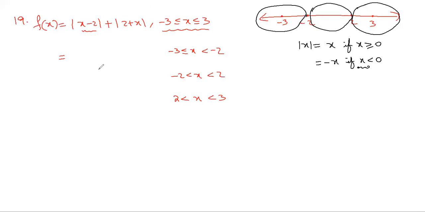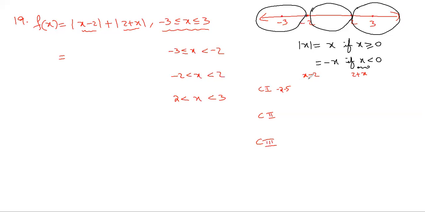What happens in the first case, the second case, the third case, that we'll see. For case 1, case 2, case 3, we'll observe the behaviors of these expressions. x minus 2, the first expression, and x plus 2, we'll write directly as 2 plus x, as it is. So let us observe the behaviors of the first and second expressions. In the first interval, between minus 3 and minus 2, let us take one number. For example, minus 2.5 is in that interval.